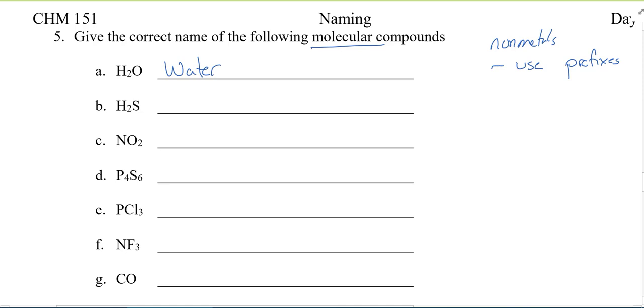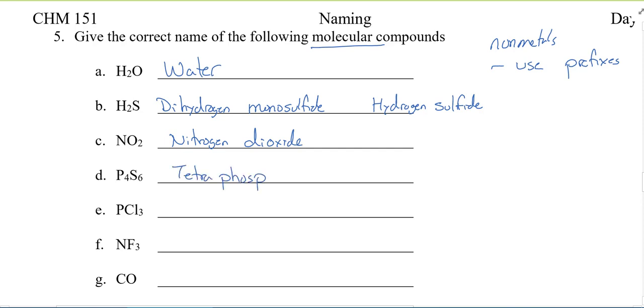B. Now, if you write dihydrogen monosulfide, I will mark that correct. However, you'll see it as hydrogen sulfide because, if you remember, we do not always denote the number of hydrogens. C. Nitrogen dioxide, 2 oxygens. 4. Tetra